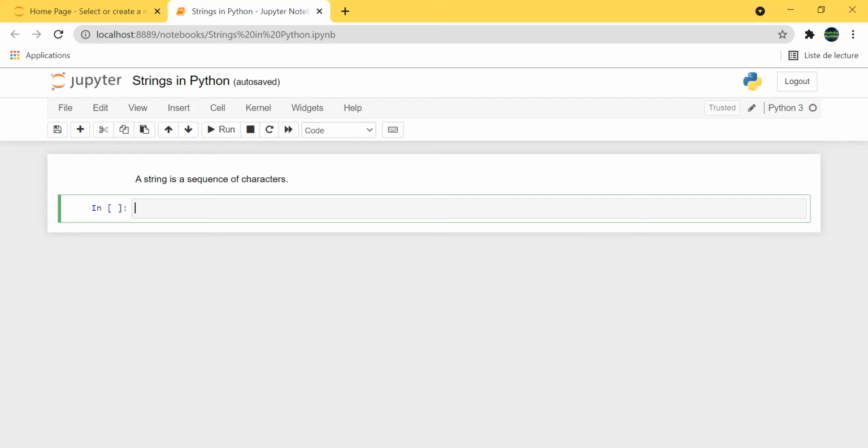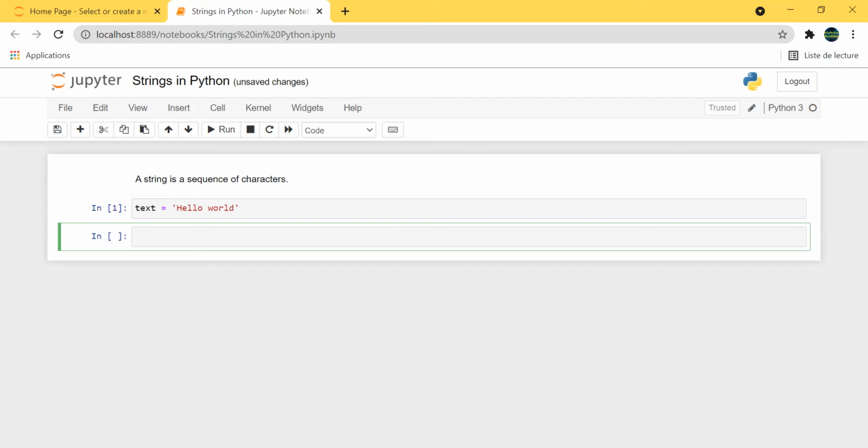A string is simply a sequence of characters. To define that, we use the quotes. We can use single quotes. For example, we say hello world, right? Or we can use double quotes. So text2 equals to double quotes. This is a string. Okay,